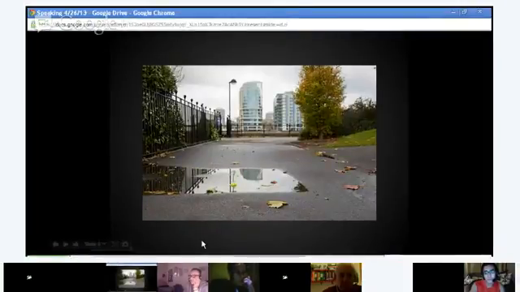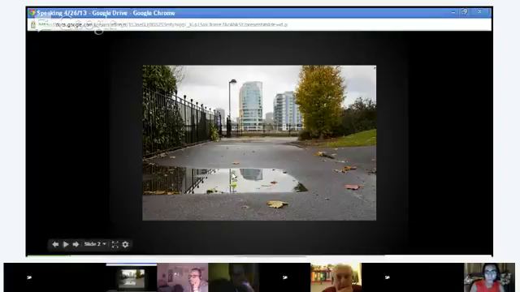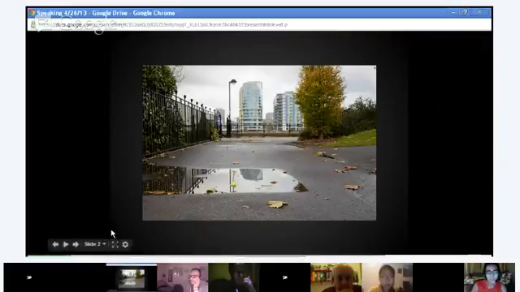The first one is a regular street. We can't really see anything on it. We don't see anything special. But if we look closely, we'll see something kind of strange right here. We don't really know what that is, but it looks like something on top of a tennis ball or something. If we look at the next picture,